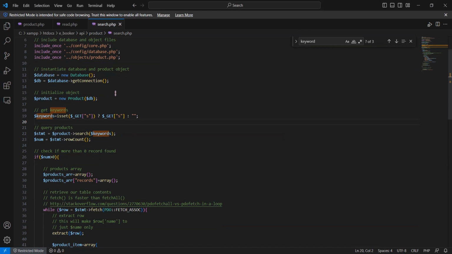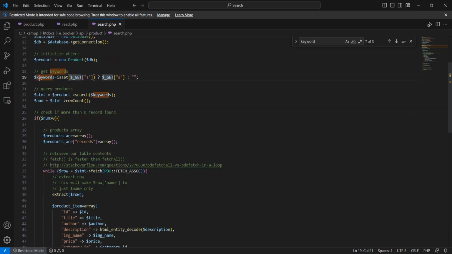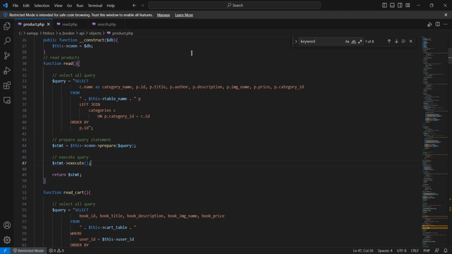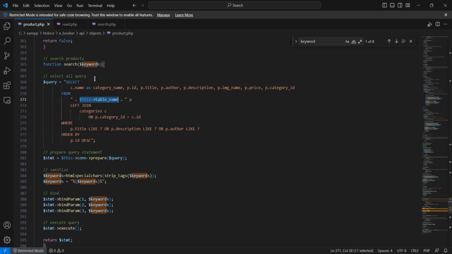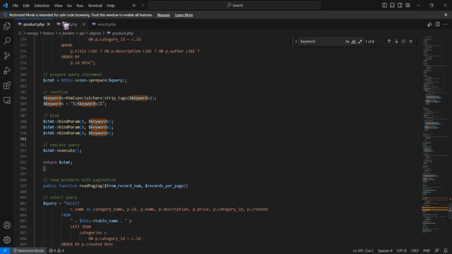From here you can see it receives the keyword inputted by the user with the GET method, and then calls a search function that passes in the keyword as a variable. The keyword is then used to select all of the information from the product table which matches the product title, product description, or product author with the keyword, and then the records are passed back